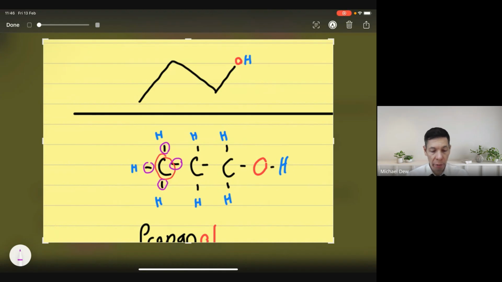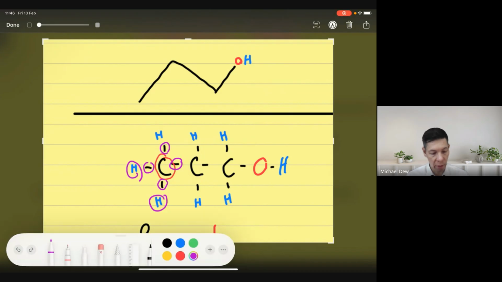And you can see 3 of the bonds go to the hydrogens, right? And then we got 1 for the carbon next over, okay, which also has 4 bonds. So that means if this carbon here is located here, then there must be 4 bonds. Well, I can see the first bond here, okay, in the red line, okay, is there. And where are the other 3 bonds? Well, they're invisible because they don't need to be shown in the skeletal structure. And we can see that they are right here, but we don't need to write them for the skeletal structure,